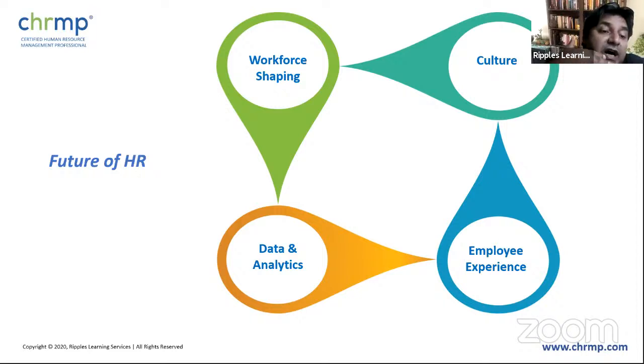ROI is being told upfront, which means it's not a post-training scenario where you tell the ROI. Analytics is telling the ROI first, and then it is telling the business, should you go ahead with investing this money in this training or not? All this is part of certification, but all this is also part of the real world, right? So when we talk about data and analytics, we are talking about a completely different level, where decisions are being made and workforce insights are being created for organizations, and HRs will be responsible for this. So the future of HR would be big in these four areas.